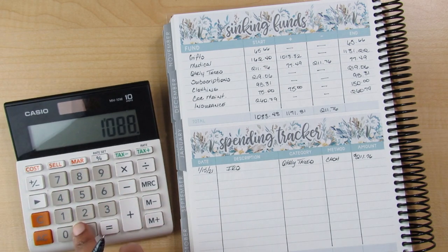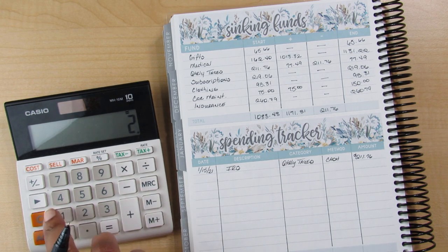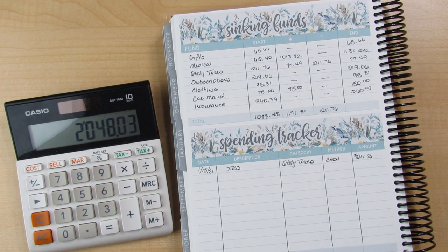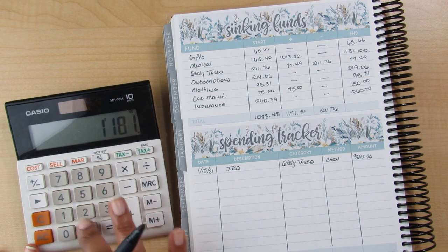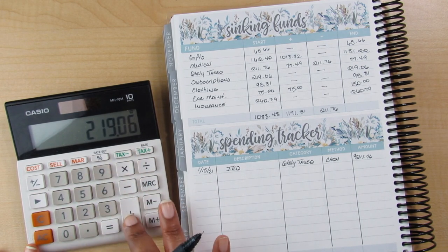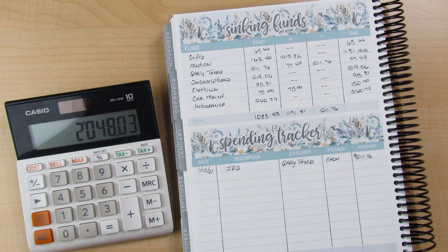So that was 1088.48 plus 1171.31 minus 211.76. Make sure my fingers are on the right keys. Okay. All right. Because it's like 3 cents. Not today. I'm not in the mood. So we'll do this one more time. Okay. All right, so it is